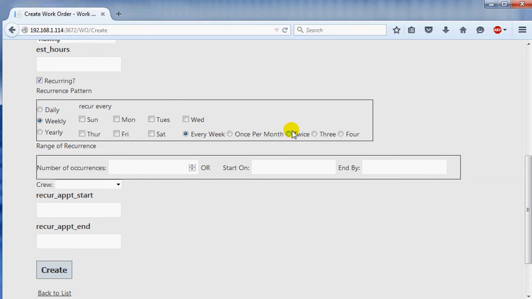We want to do twice per month, maximum of twice per month on Wednesdays. So that's going to give us in a year 48 visits. Let's just do 48 so we get an entire year of visits. Let's do crew number 4, and we want to, on those Wednesdays, go from 2 to 4 p.m. I'm going to create that recurring work order,